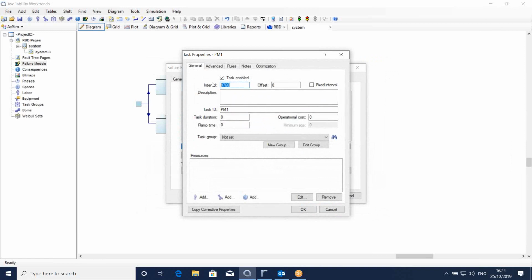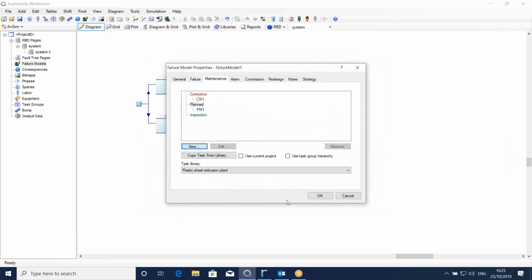But now you can also specify how often this task takes place. So if this task represented a regular lubrication task, you can just say, I do this every month, and then provide the other information like how long it takes, how much it costs, click OK, and that will add that task to your